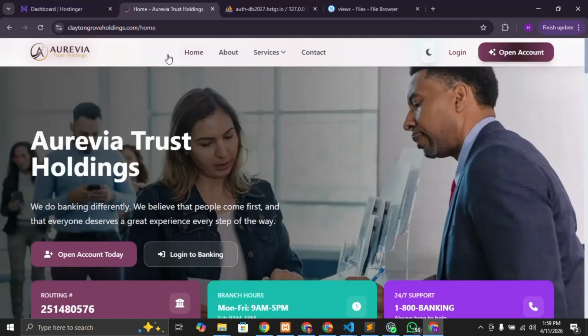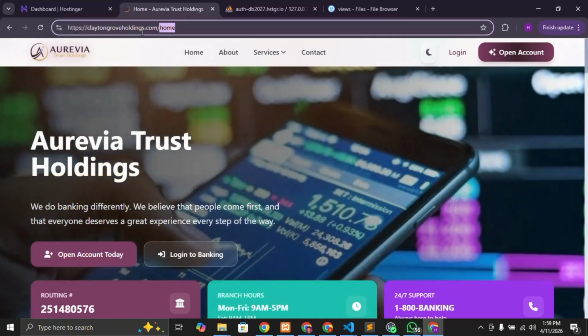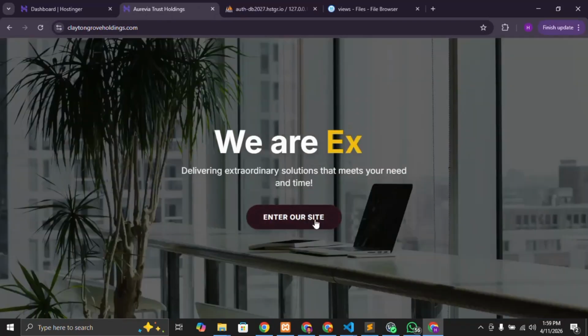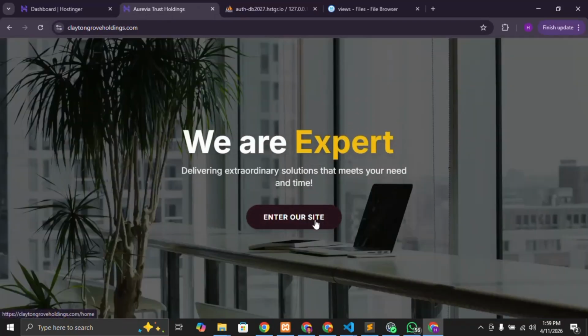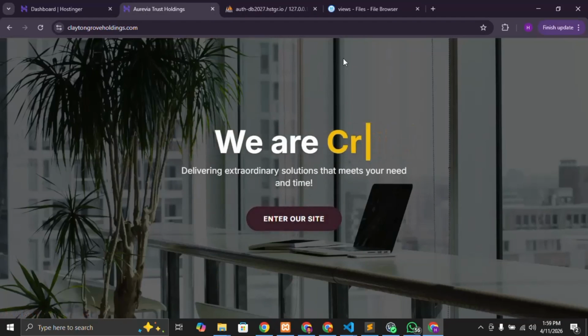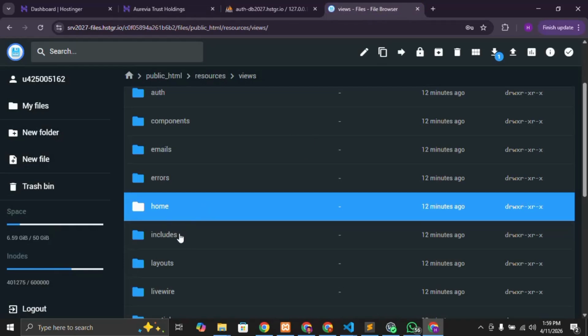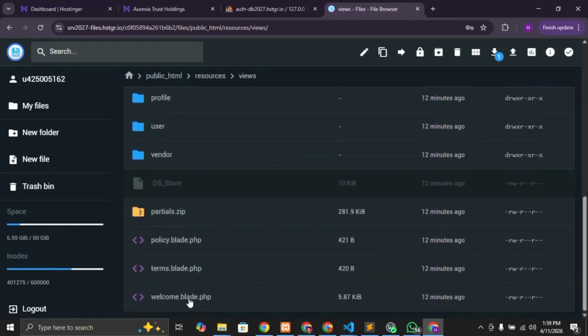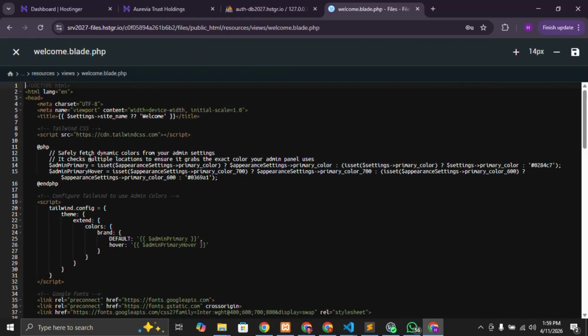So if anybody lands on this, this will be /home. So if you come directly, it's going to take you here. Do you get, this is the safe place to protect your website. And in case you want to edit something like this, this one too is very simple. This one is in the view, so you come here. So this is the file to edit. Like I said, all these things are